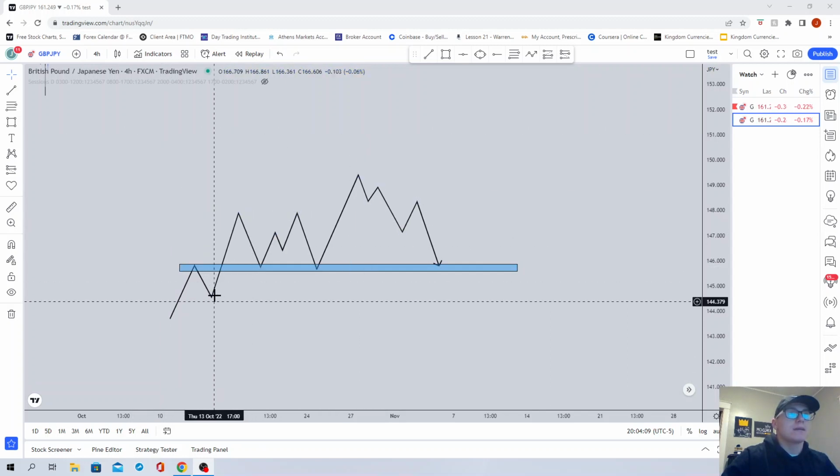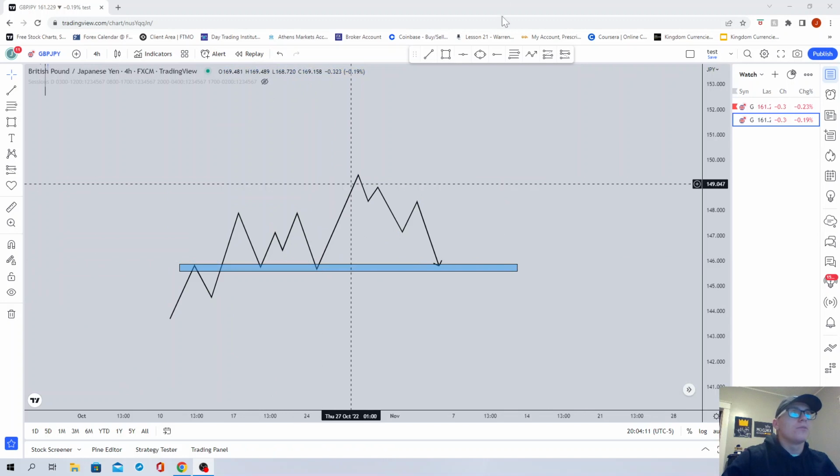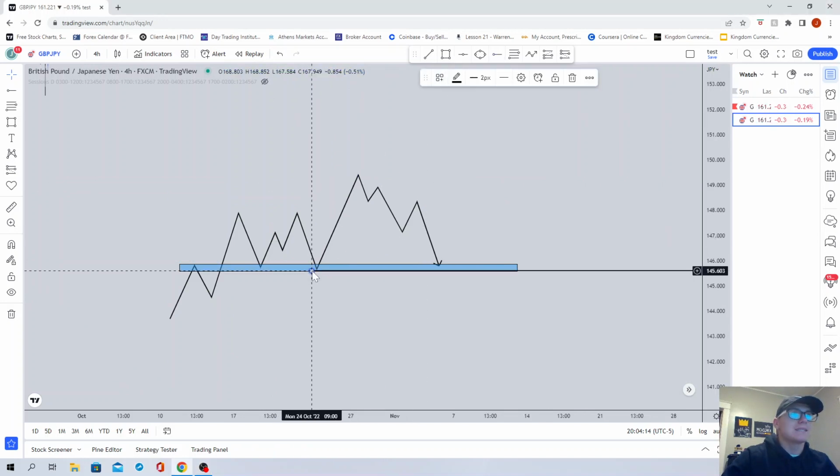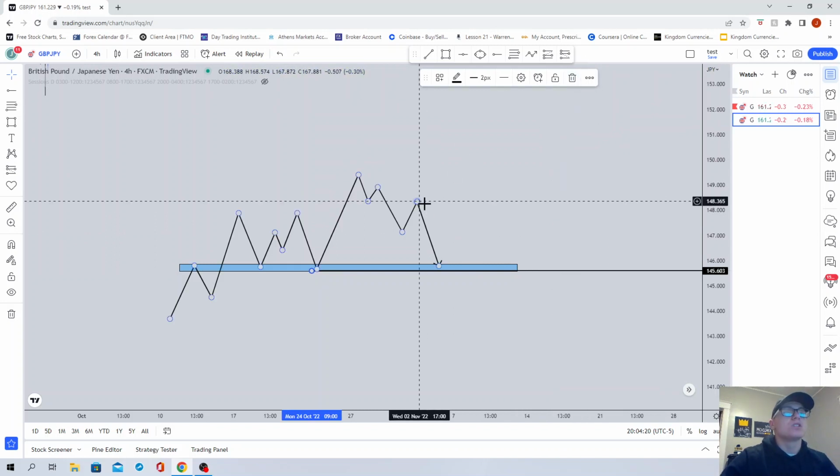We're forming higher highs, higher lows, higher high, higher low. This right here being the last significant higher low. So price is bullish as long as we stay above that, meaning we're looking for buys. So in this example,